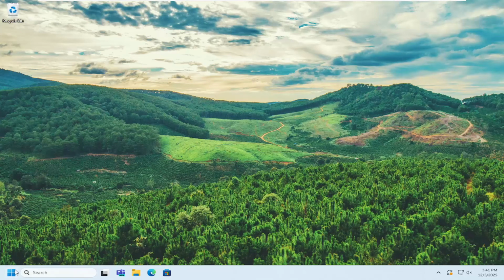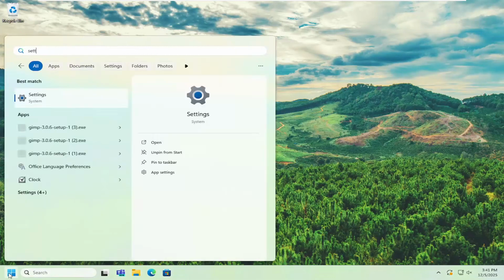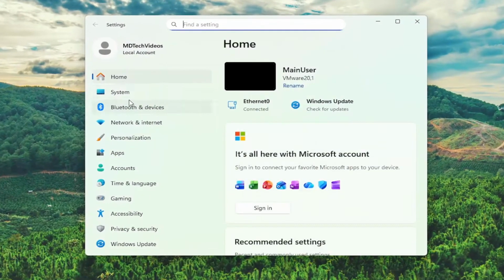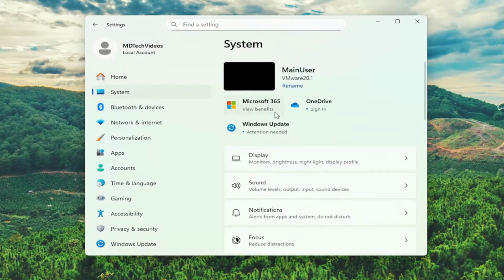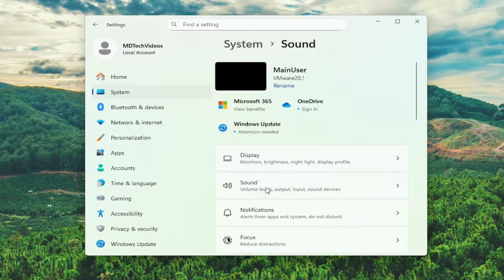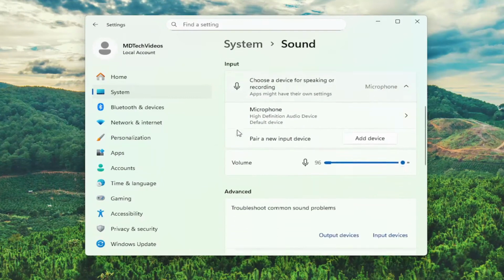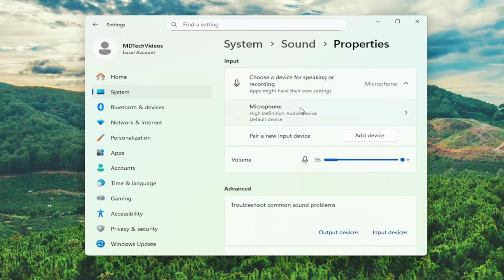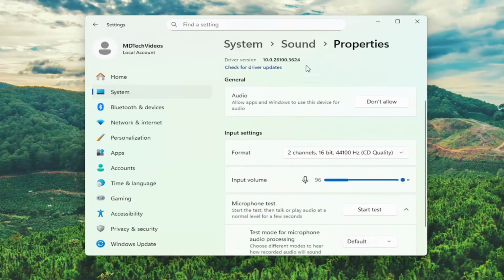So first thing I recommend doing would be to open up the search menu and type in settings. Best result should come back with settings here. Go ahead and open that up. Select system on the left panel, and then on the right side, select sound. Scrolling down underneath input, select the microphone device you're having the problem with, and then make sure this information is